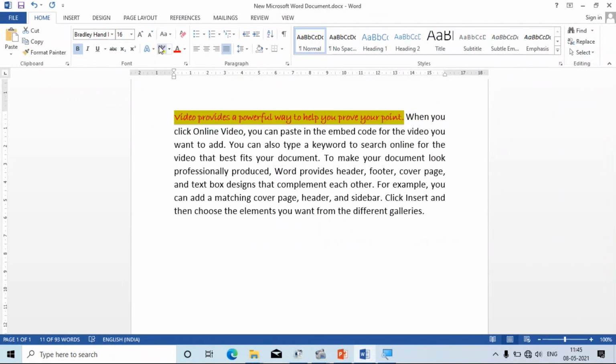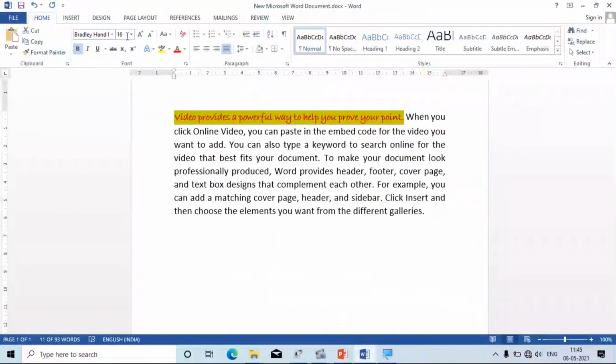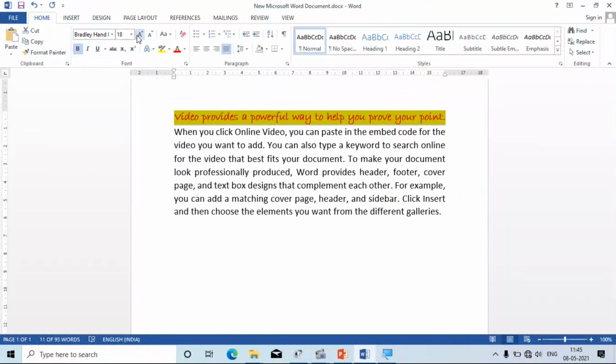Now I can see the font is changed. I'll increase the size a bit. The font size is 16, as you can see. Now I'm increasing the size a bit. Yes, the size is changed now. So now the things are perfect. The text color, shadow, and text font are changed. Now I want to copy the same contents to a different line. So I choose this Format Painter.